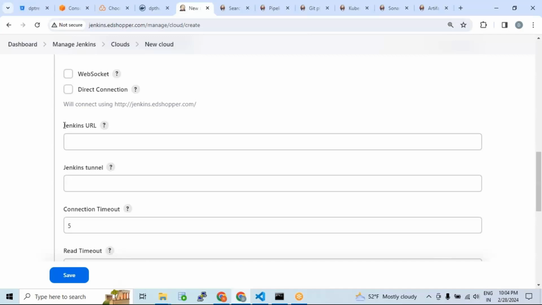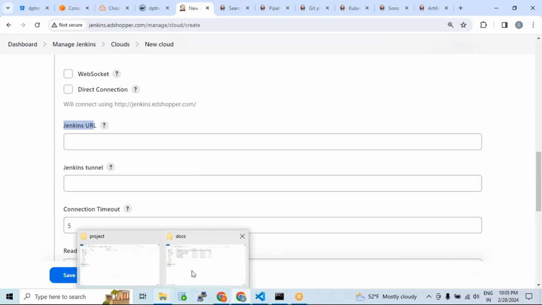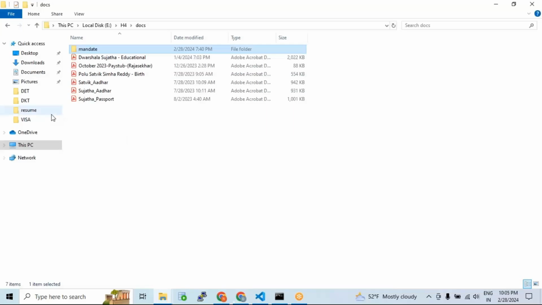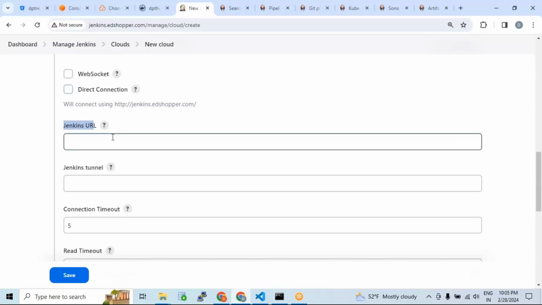So here we need to give the Jenkins URL. What is the Jenkins URL? How will Jenkins be connected? I mean to say, when the slave pod is created, the slave pod has to connect with the master, right? So I need to give the details here on how the slave can connect with the master. http://